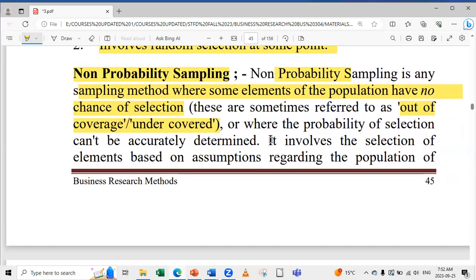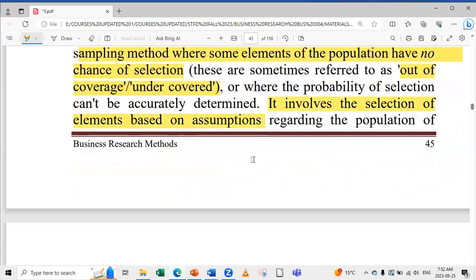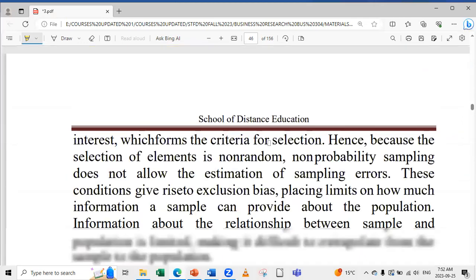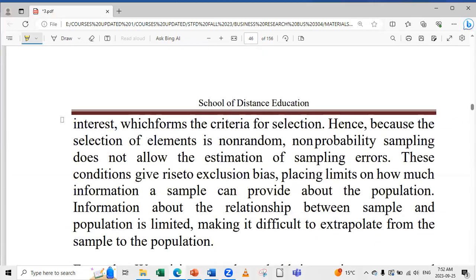It involves the selection of elements based on assumptions. Look at this: here I select the sample based on assumptions regarding the population of interest, because of the interest of the researcher, which makes it easier for him. What is easier for him to collect the data? Hence, because the selection of elements is non-random, non-probability sampling does not allow the estimation of sampling errors. For that reason,